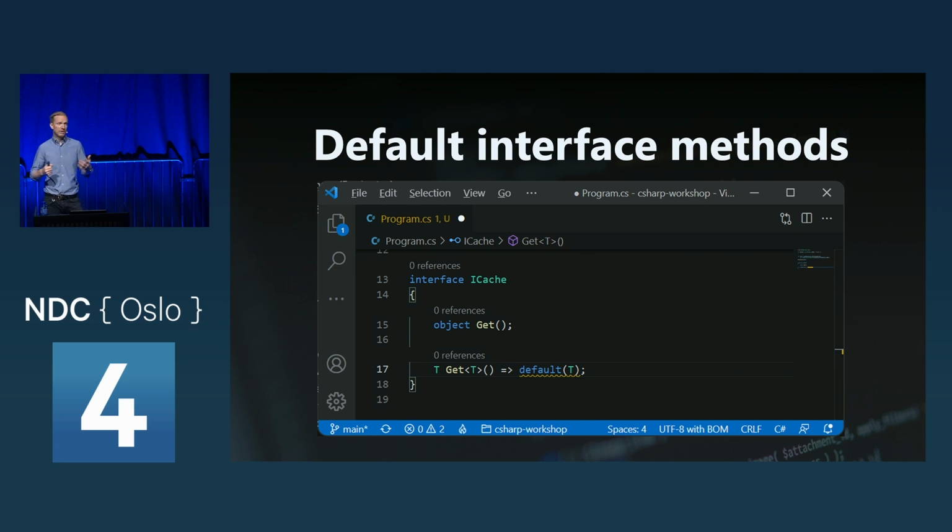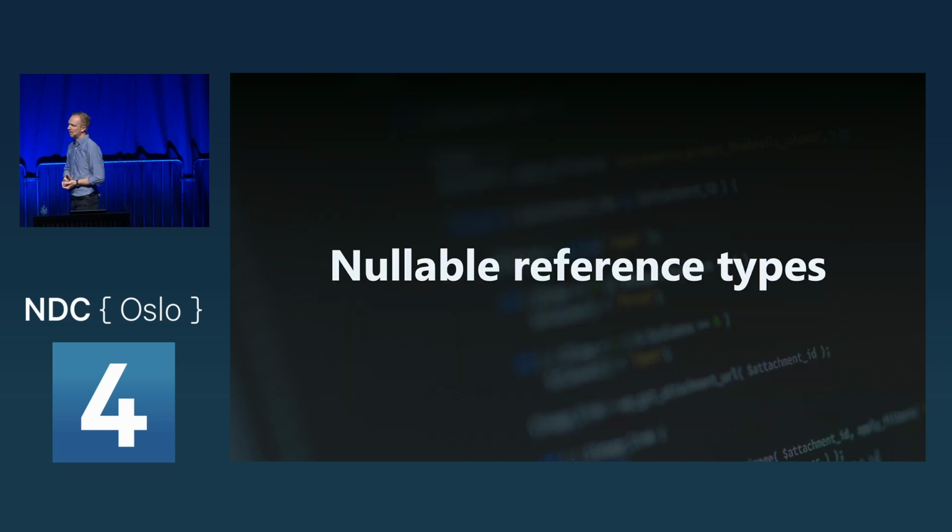Why not allow you to actually have a method implementation on your interface? While I'm using an expression-bodied member here to create this method implementation, this could have been a normal method body. So now my interface knows how to execute code. Obviously this requires a runtime change, because previously no one expected that an interface, which is a contract, would be able to actually execute some logic. So this is good if you're a library developer. I've seen people use this to introduce converters and whatnot. I'm not sure if this is the best approach to introduce a helper class or do multiple inheritance, but it's there. Now, in terms of useful language features, there's this thing called nullable reference types.